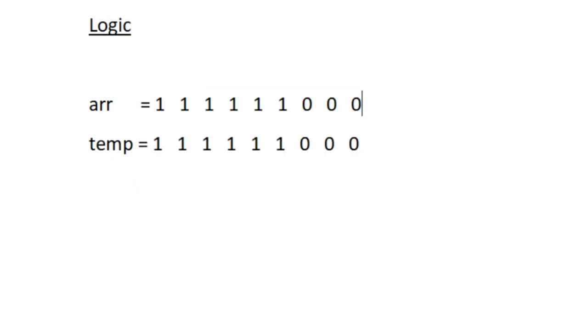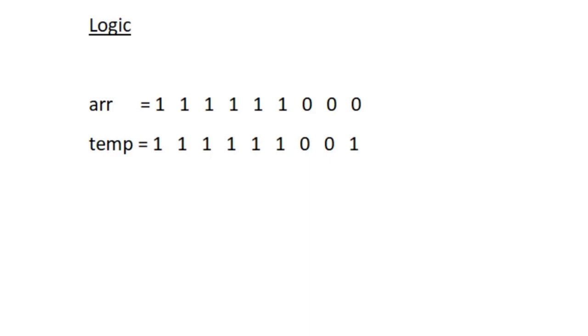And now again we will be performing the same operation. So we will use the values present in ARR to update the integers present in temp. So in the second iteration, the first integer is 1. So it can turn on the second and last. So the second is already 1. So the last alone must be updated to 1. So we update the last integer in temp array to 1.